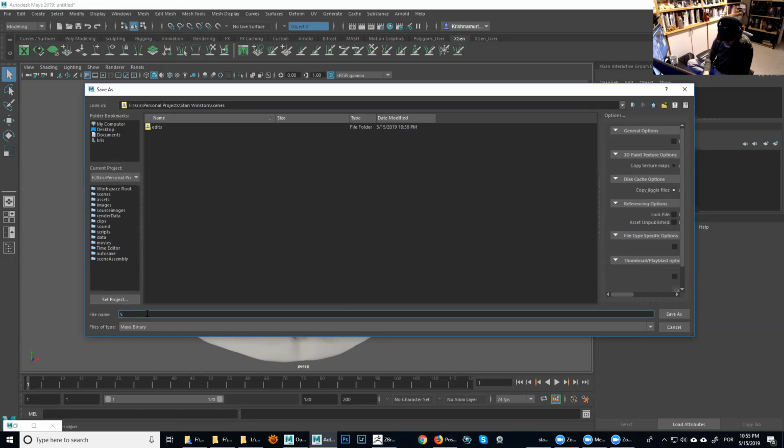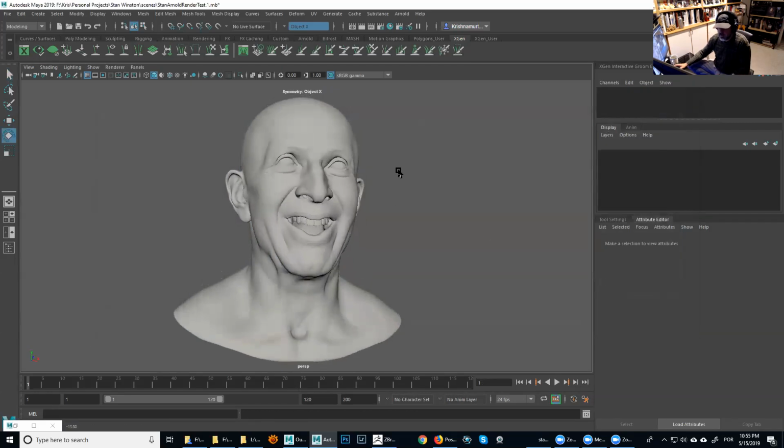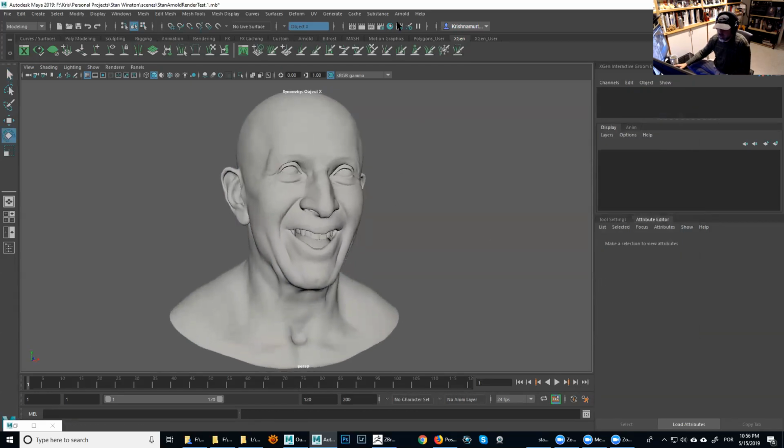So let's save it as Stan render. Let's see, Arnold. Actually, .1 MB. Okay, so Stan Arnold rend test. Okay, saved. So at this point here, of course, if I'd like to render anything, Arnold normally,